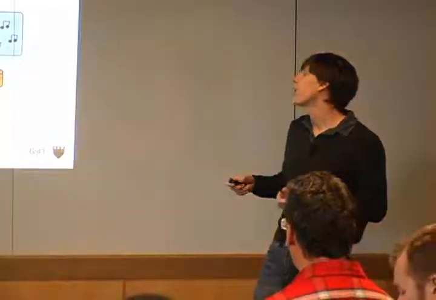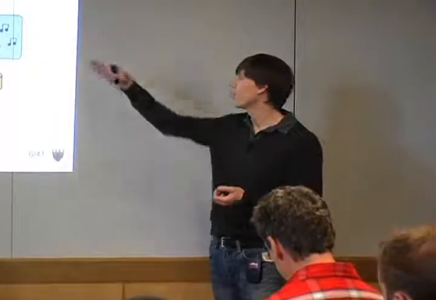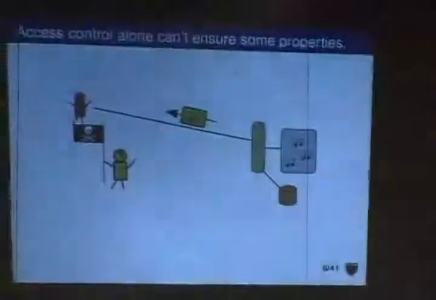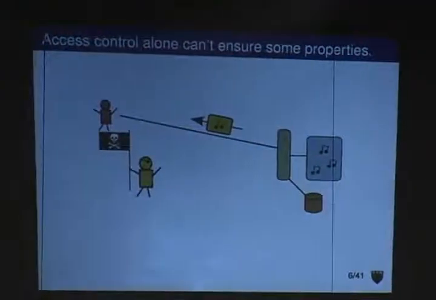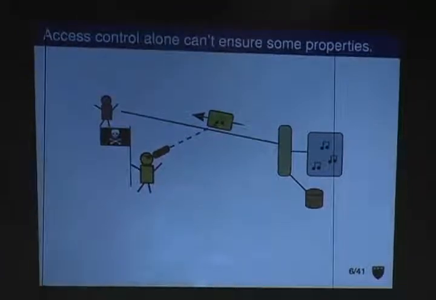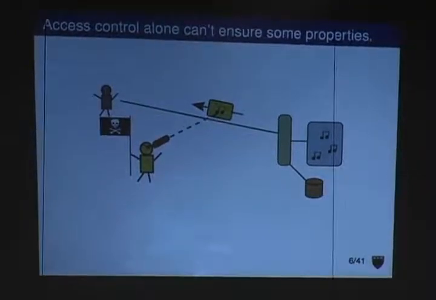And in particular, you can imagine that the server might send some MP3 over to Alice, and we have an attacker on the network who can just look at those bits in transit and get the song, even though the song's intended for Alice. Or perhaps Alice takes her song data and stores it to a disk, and it's shared storage. The attacker might be able to get it there.